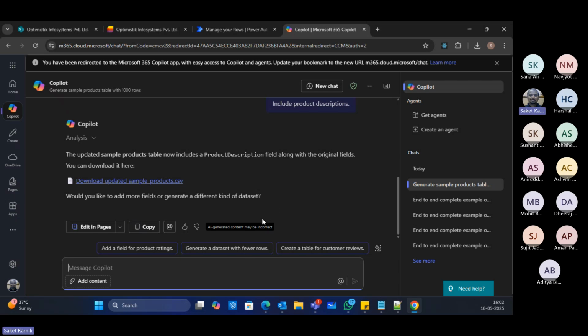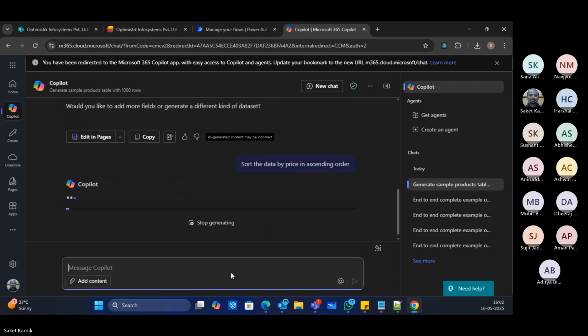Any questions, guys? I can say sort the data by price in ascending order. It will do that also.